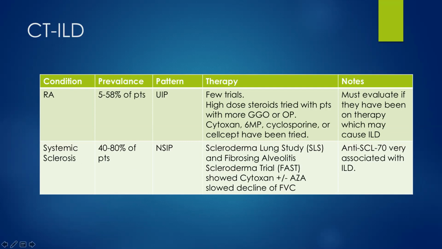Scleroderma, systemic sclerosis, it's a lot of patients, right? 40 to 80% of those patients can have pulmonary involvement. Usually it's more of an NSIP pattern, although we definitely see more fibrotic changes also. There's good data for scleroderma patients that use Cytoxan and Imuran. So totally different therapy. Again, this is where I was saying you need to figure out why people have their scarring in their lungs before you just throw medications at them. This is the only condition where there's scarring where we use Cytoxan. It actually does help.